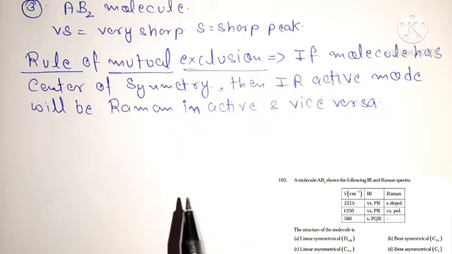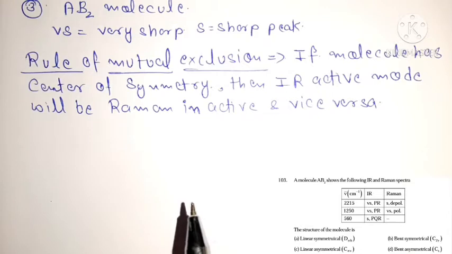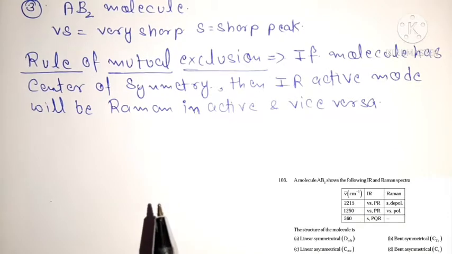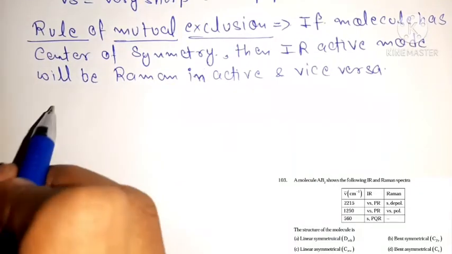But when the center of symmetry is absent, both modes can be IR active, both modes can be Raman active, or neither Raman active nor IR active. This is the condition. Okay, so in our table, when you observe your table,